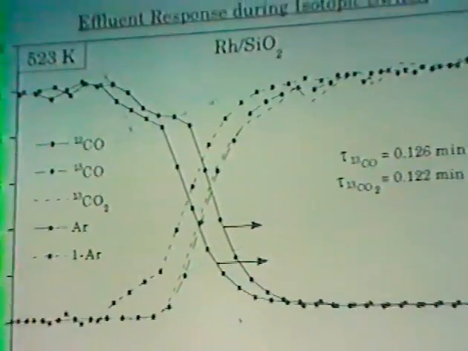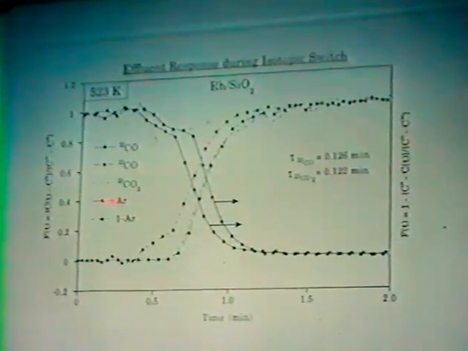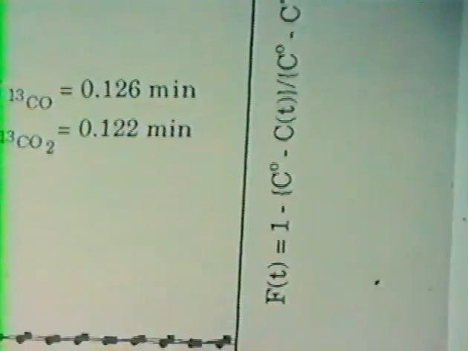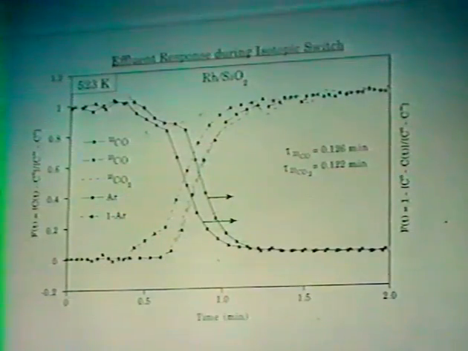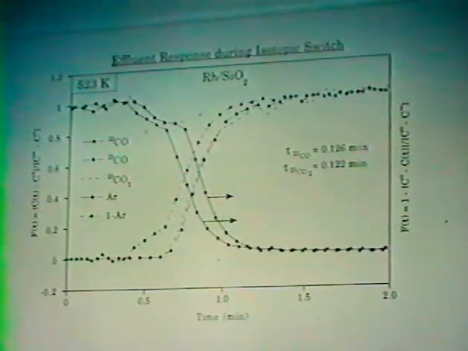C naught indicates the initial concentration. C infinity indicates the final concentration. And argon is coming with the C12O here. So the argon response can be used to estimate the effect of the transportation line on the transient response of CO2. And this dot here is the inverted argon response. Basically this is artificial, it's not a true response, but we just take the argon curve and reverse it. So from this result, the integration of the area above the response curve is equivalent to the average residence time of the intermediate leading to the CO2.